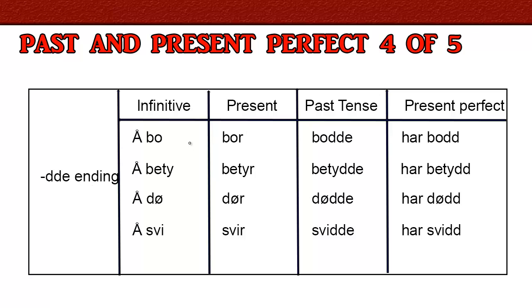In this group, fourth of the five, if you include the irregular verbs, this group is the least common. It tends to be when it ends in a vowel. You see here the infinitive is also a bit different, and the stress is on the vowel, like bo. So, å bo, to live, dwell, or å bety, to mean, or å dø, to die, or å svi, to burn, like burn food, or bo, bor, bodde,